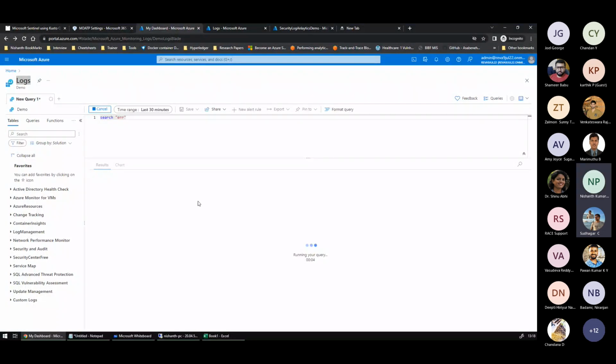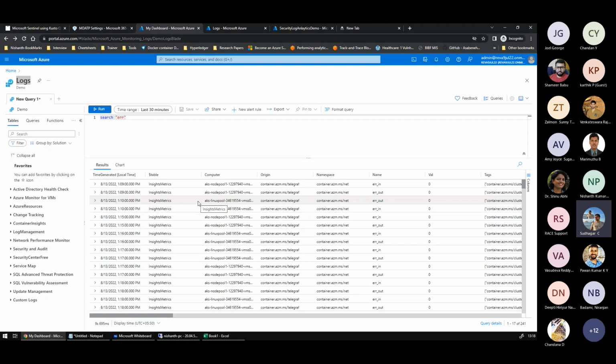Blindly it will filter all errors wherever it saw the error keyword. Now you want to search for errors in security events and security alerts. Search in the security events database and security alert database, or any database that starts with A and star. What is A star? A star means Active Directory health checks, Azure Monitor for VMs, and Azure resources. And I am searching for error